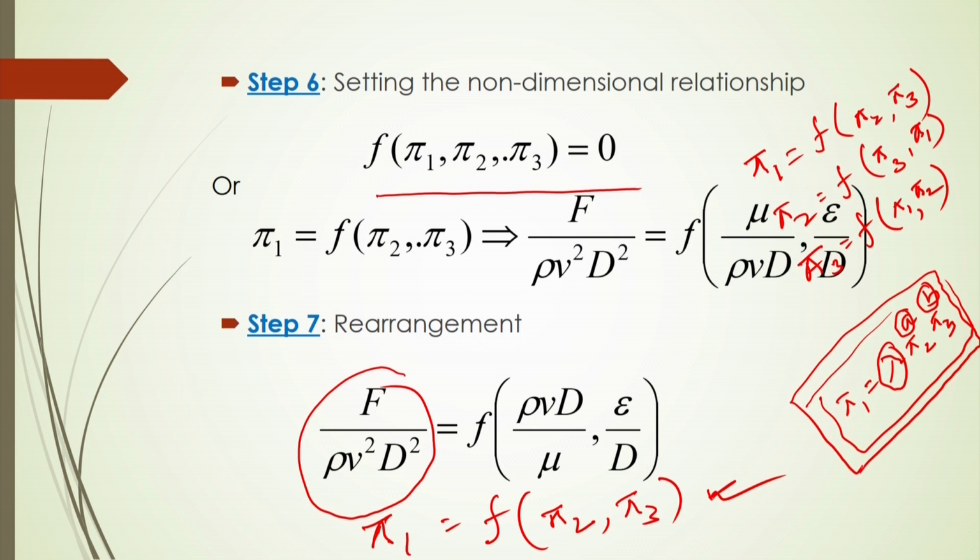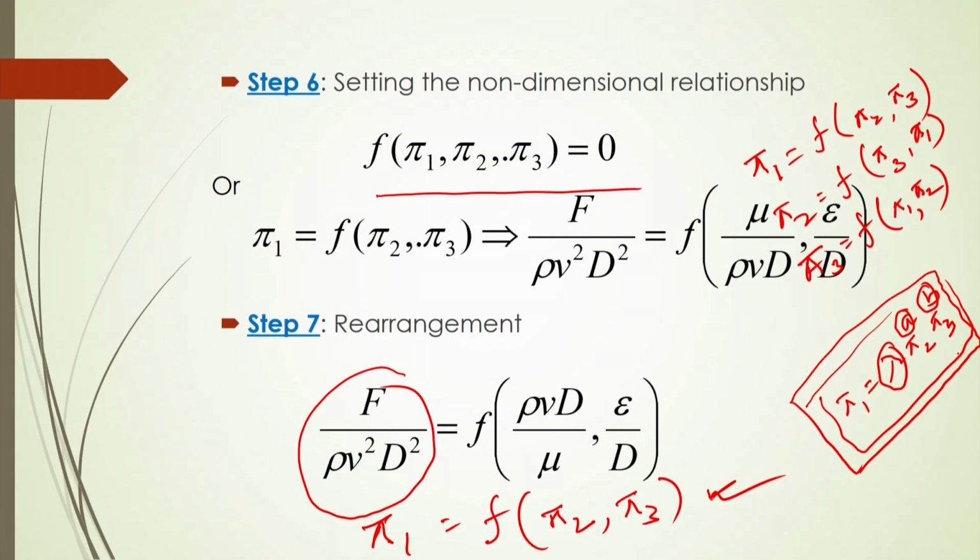So, ultimately this f will be a function of some other relationships, and after obtaining those coefficients by fitting the experimental data, you can have one correlation model. Based on it you can interpret the experimental data, or you can predict the frictional resistance if you change the variables for this particular physical process.